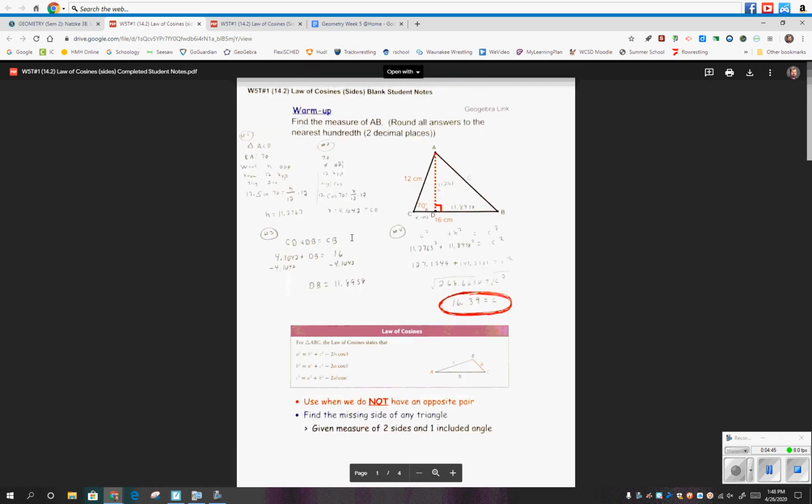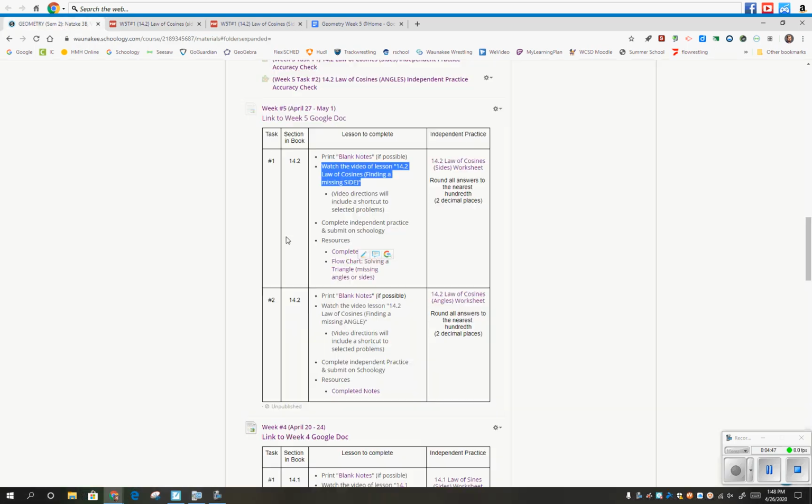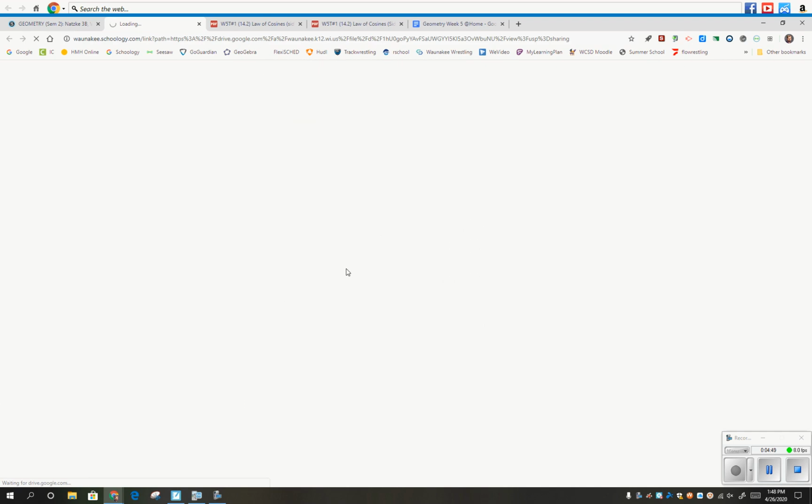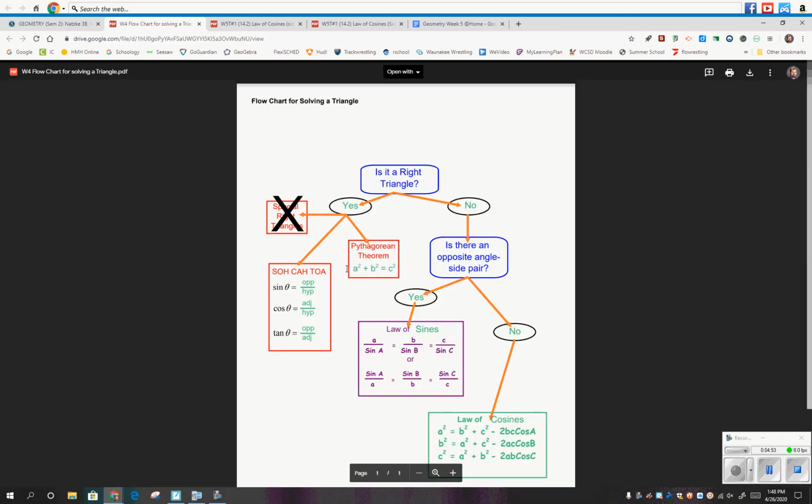We've got our completed notes, so you can check those out. Flowchart. So right now we've been focusing on every lesson, every task has been focusing on doing one particular thing. We will be having a quiz next week in week 6, where you'll have to put all of these together and